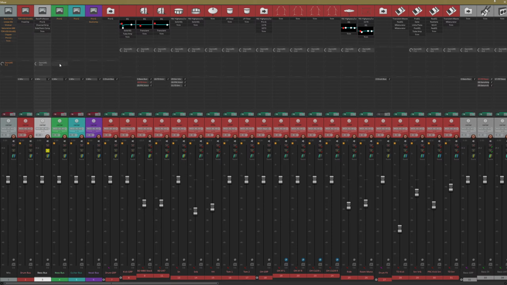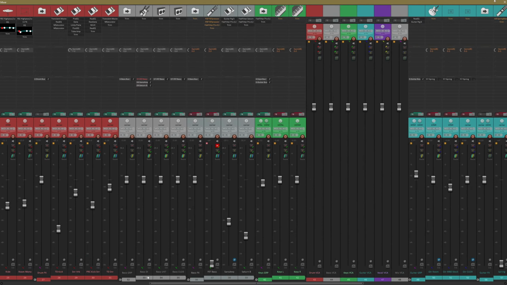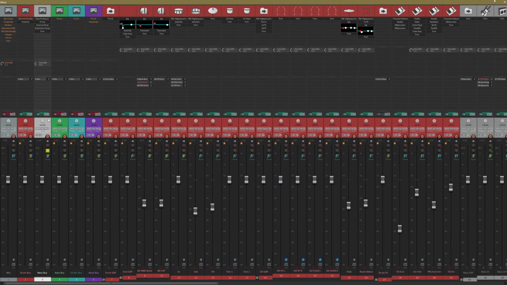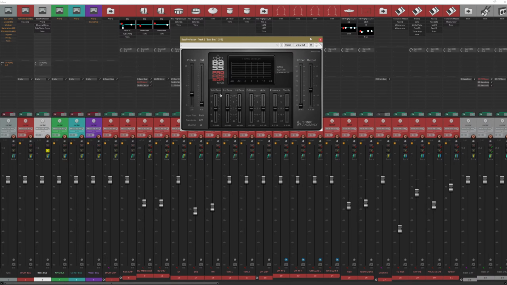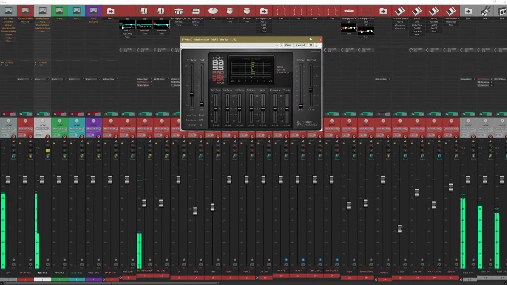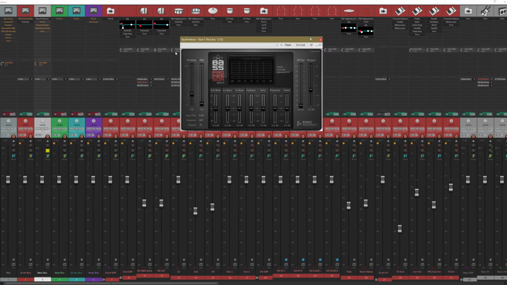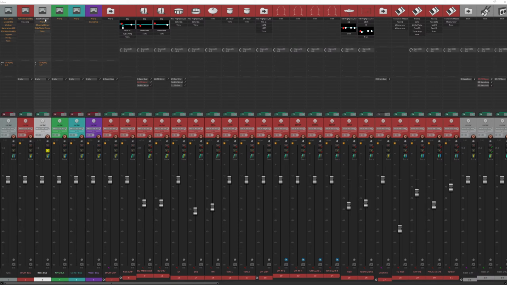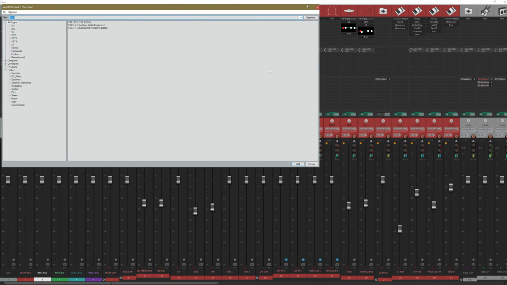Now on the master bus, which is basically receiving all of these inputs, and now it's just one signal, this is where I'm doing all the heavy lifting. The first thing, I've got Bass Professor, which is basically multi-band compression. So I'm just going to switch all this off. Right, so it's just making the low end more consistent, making the mid-range more consistent, sort of like a frequency-dependent compression. Now, you won't be able to use Bass Professor even though it's free, because it's Windows only,